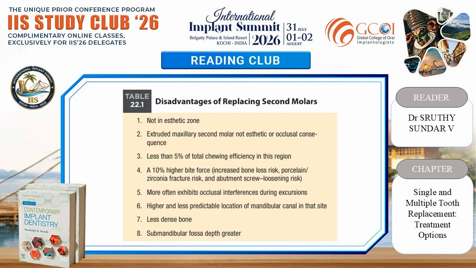Now let's discuss the disadvantages of replacing second molars. Not in the esthetic zone, an extruded maxillary second molar has no esthetic or occlusal consequence, less than 5% of total chewing efficiency in this region, a 10% higher bite force which increases the bone loss risk, porcelain or zirconia fracture risk, and abutment screw loosening risk. More often exhibits occlusal interferences during excursions, higher and less predictable location of the mandibular canal in